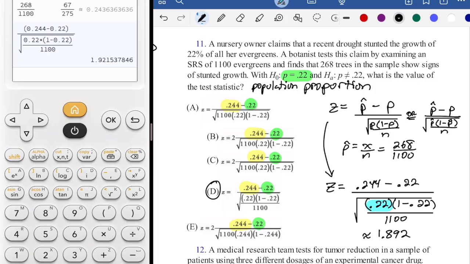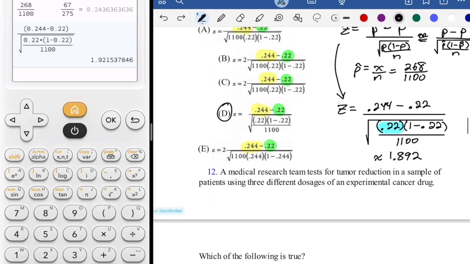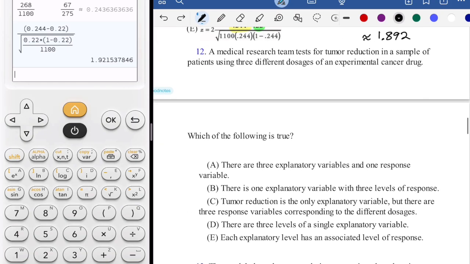They didn't give you enough information for you to determine that it should be this formula as opposed to that one. And then in their choices, they really messed it up royally. So the closest one I have is this one, when I wipe out the extra 2 that was there for no good reason. If it was asking for a p-value, it'd be a different story, but that's not what they're asking for. So gotta love it. All right, so number 12,